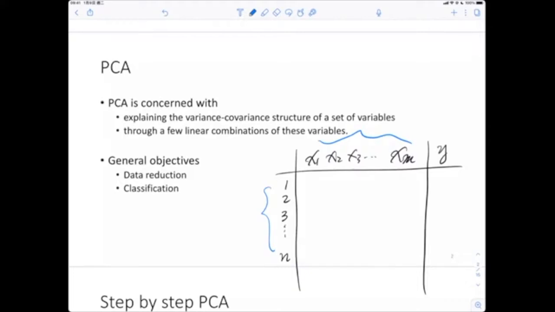For example, Taiwan has 23 million people. If you want to describe all the 23 million people by using this table, at least you have to differentiate all those people by using these n features. It is possible you can find two persons who have all the same features, but they have different y targets. So this is very dangerous if you have such kind of data.